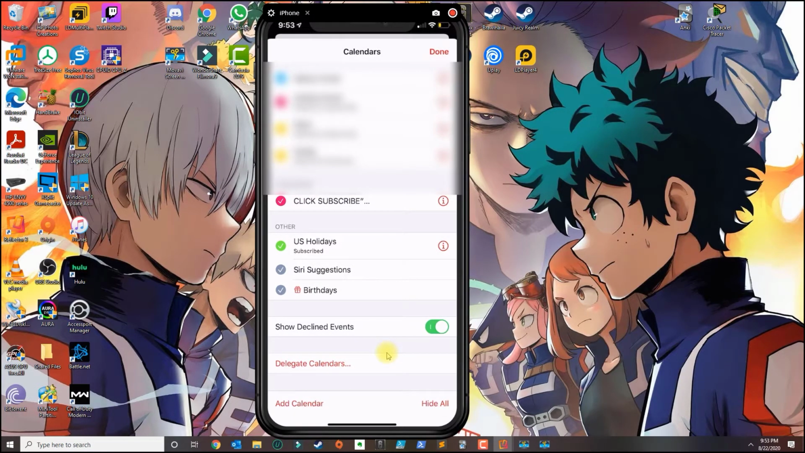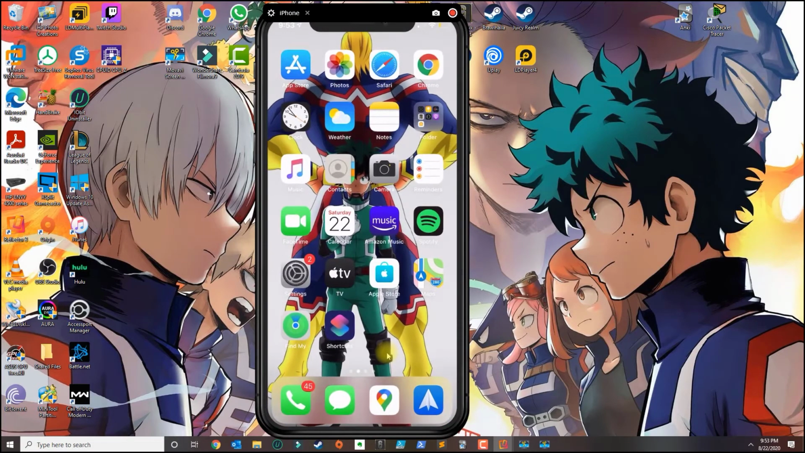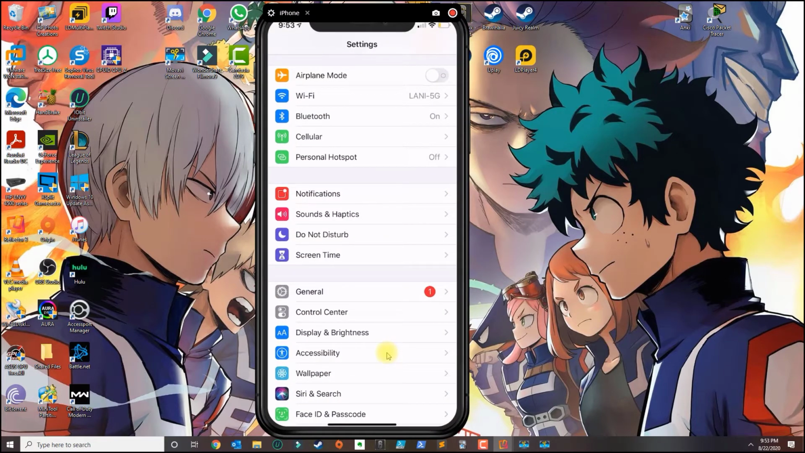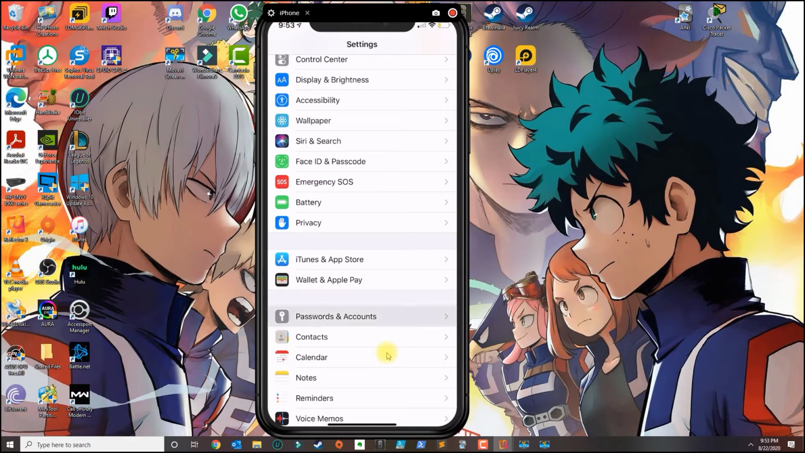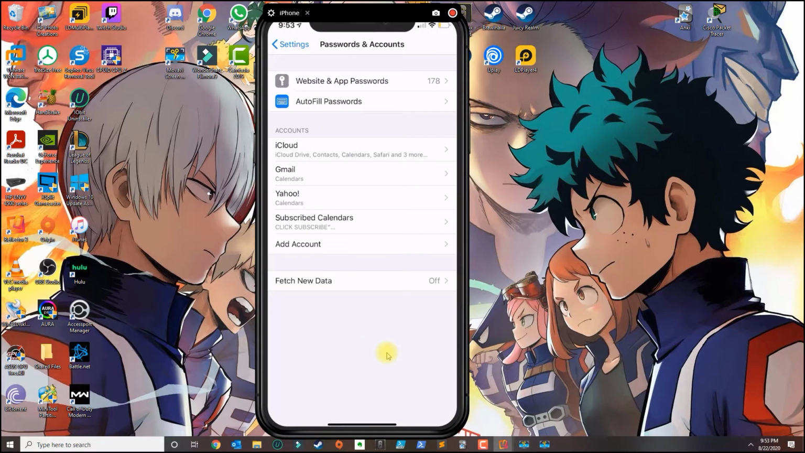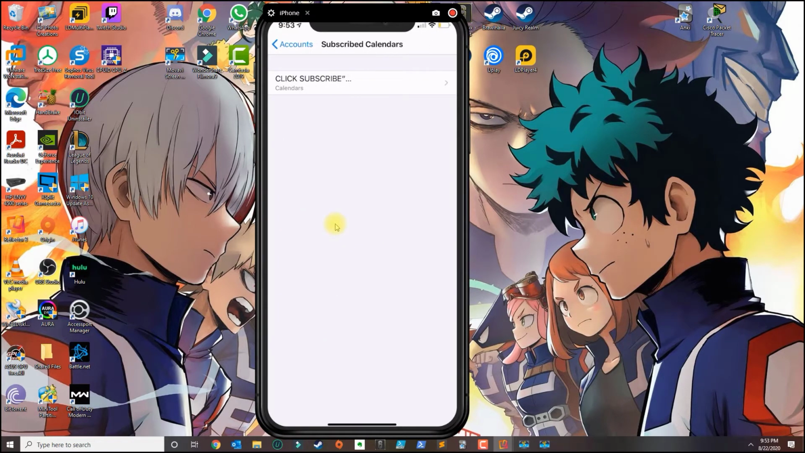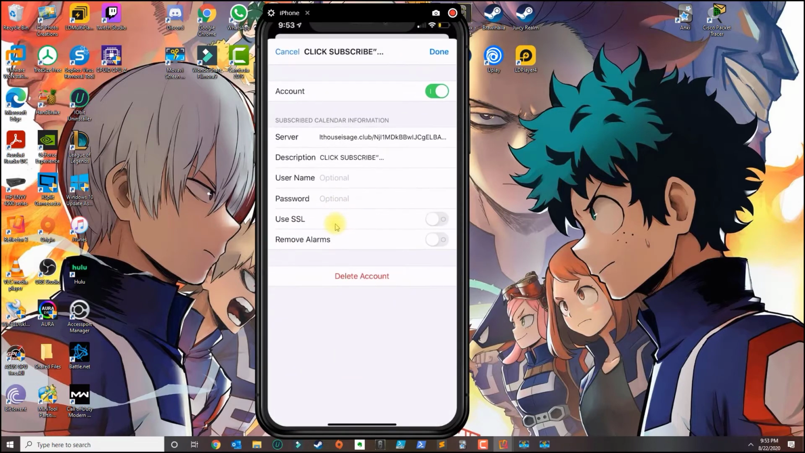So if you want to be able to delete it, what you need to do is go back to your home screen and go to settings, and then you go over to passwords and accounts, and you're going to see the subscribed calendars in there. So you click that, click there, and this is where you will click on delete account, and that will get rid of the calendar that you